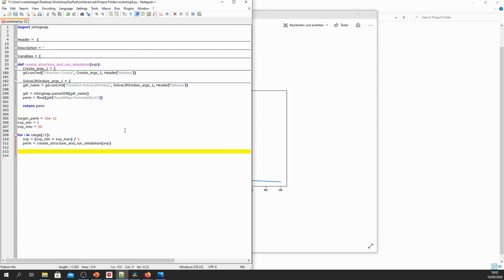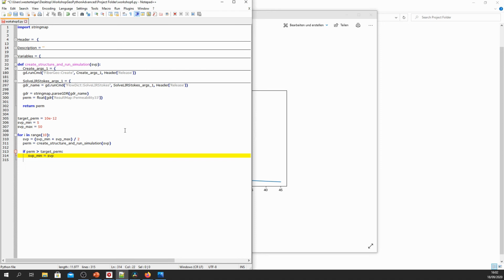Now we're going to look at the permeability value that we just obtained, and then we change the considered interval depending on if it's larger or smaller than our target permeability. So we do: if perm is larger than target perm, then we change SVP min to SVP.